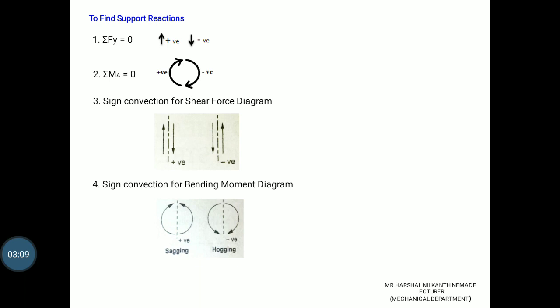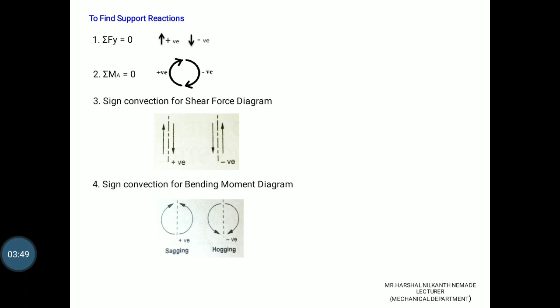Third one, sign convention in shear force diagram. We will look at the sign convention when we solve the sum, and sign convention in bending moment diagram. So you will see that first, positive one, I will make one section K. From the section, to the left side when a force is going upward, and to the right side when force is coming downward, it will be positive. From the section, to the left side when the force is coming downward, and to the right side when the force is going up, it will be negative.